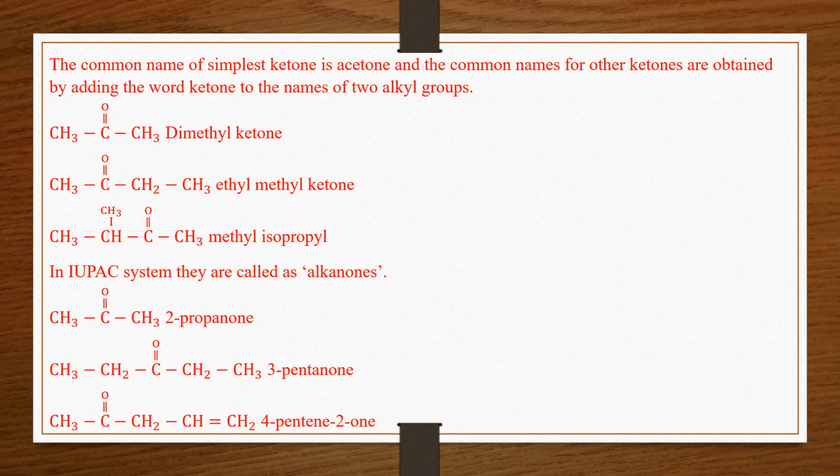So in this video, we have learned what carbonyl compounds are, what the general formula of an aldehyde is, what the general formula of a ketone is, and the examples for aldehydes and ketones, both common names and IUPAC names. Okay, so in the coming videos, I will try to explain the named reactions which we have in